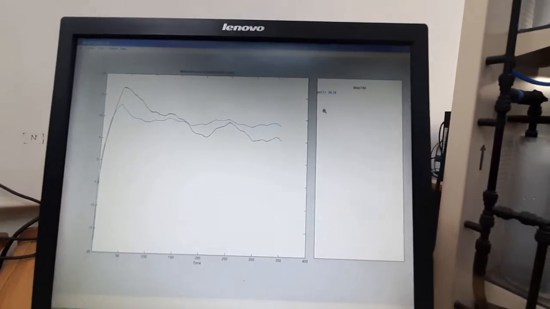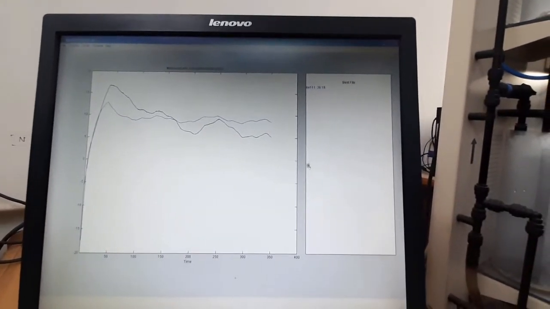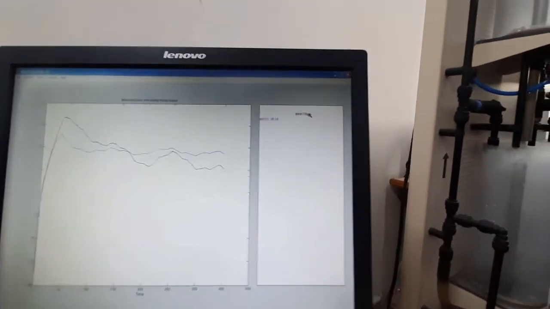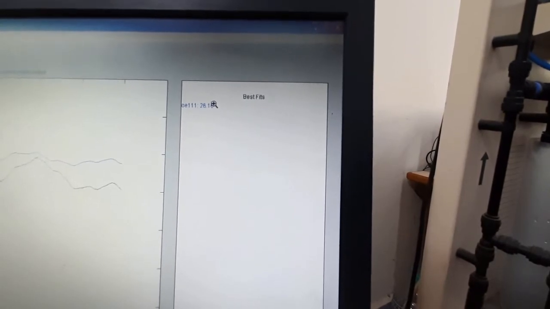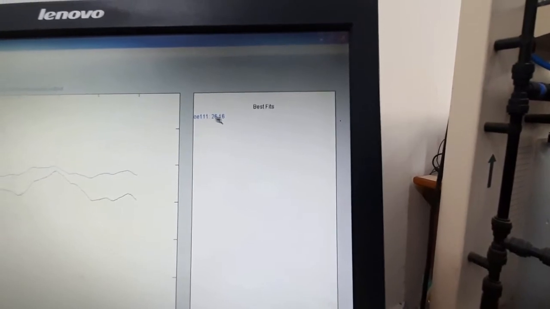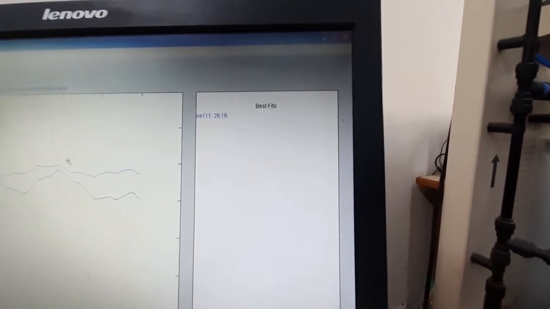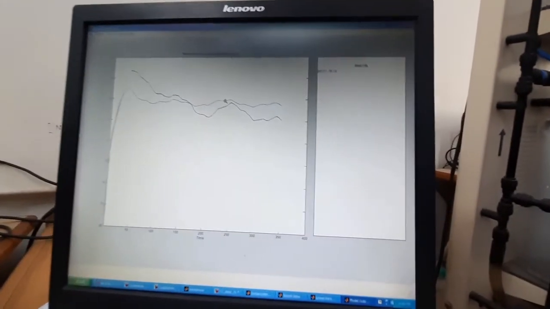For that, there are some values in the right hand box, called best fit value. This is the first one, showing 26.16. So the best fit value is too low. We have to choose such a model that the best fit value goes high, because if it goes high, then the estimated model will correctly estimate our measured values.